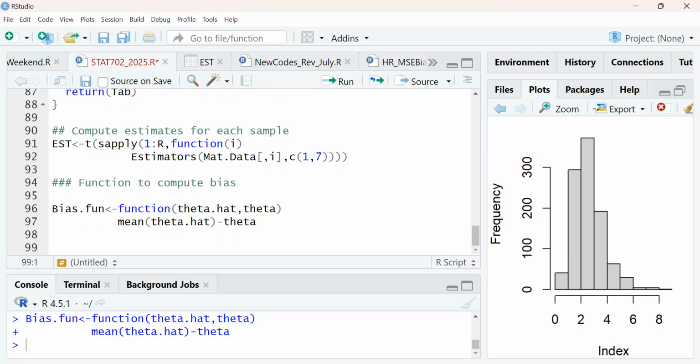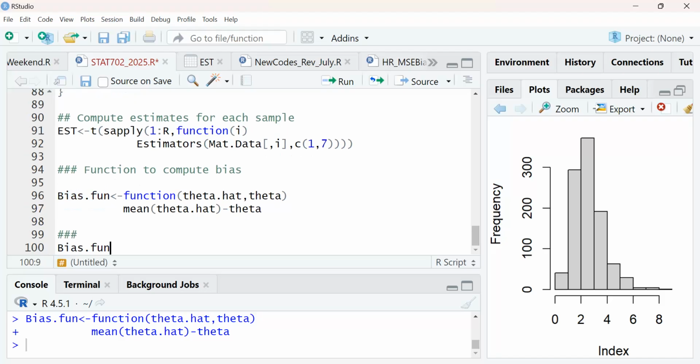So we can still use, if I call bias fun, theta hat should be equal to, let's say, what was it? Est. So it means that R doesn't have the bias function in it. No, you have to.